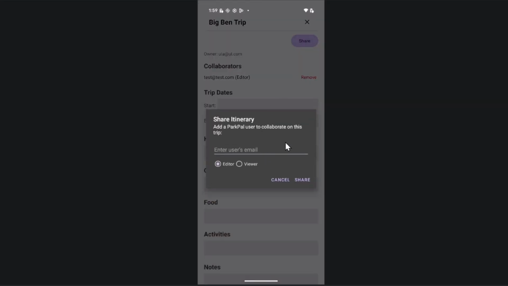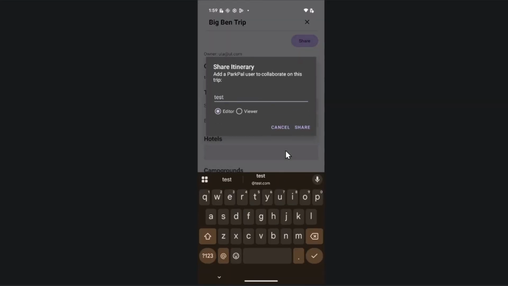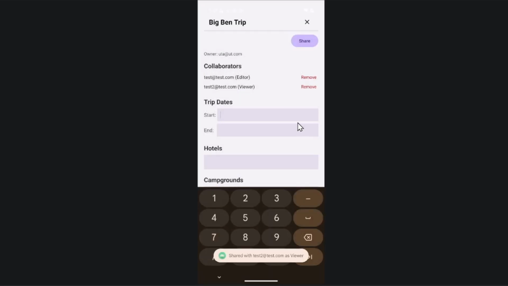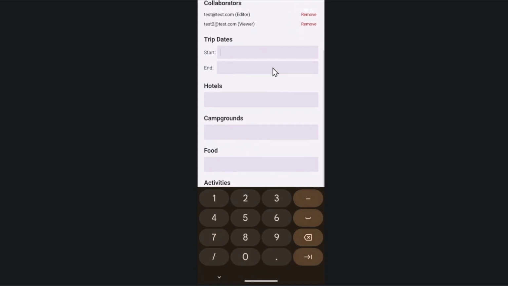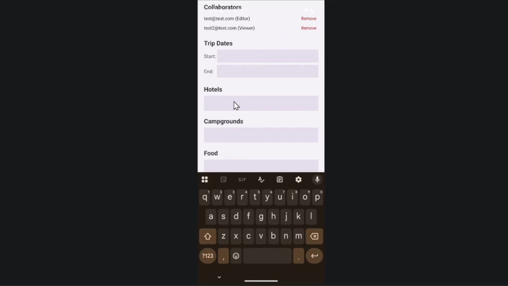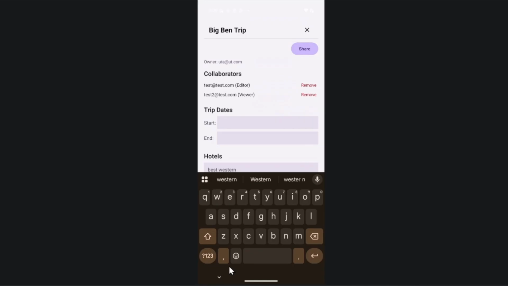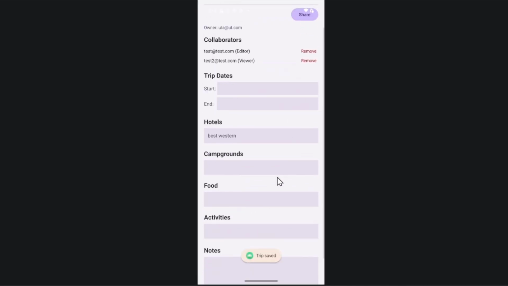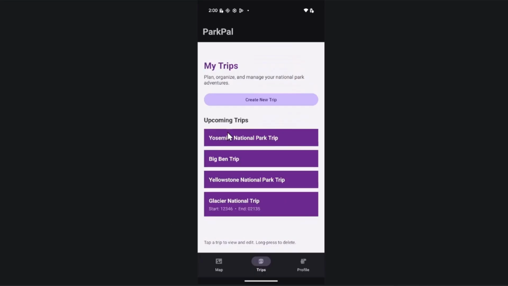I'm going to add one for just the viewing. I'm going to put in Best Western because why not? If I can spell. And then I'm going to go ahead and save and exit. Now you see here that we have about 4 trips planned that will then be reflected in this